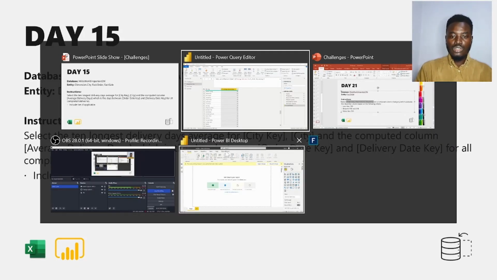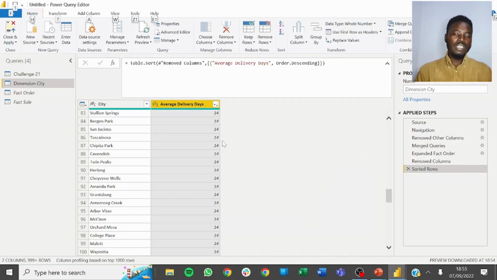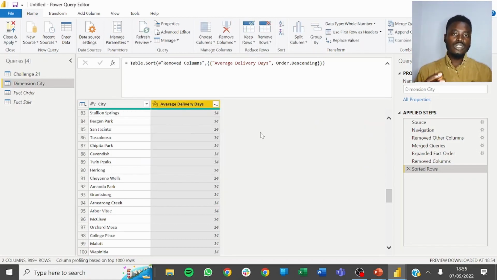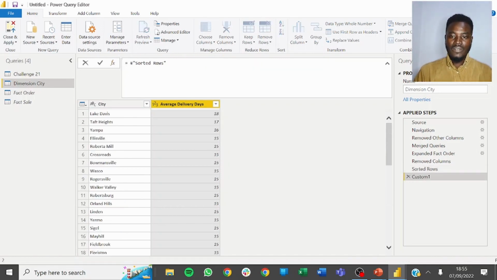So to do that, we have to approach this problem differently. Instead of selecting the top 10 rows here, which is wrong, what we need to do is look for a means to get the list of all the values in this column that helps us solve that problem. Let me show you how to go about it. One way is to click on FX. We would want to get the list of average